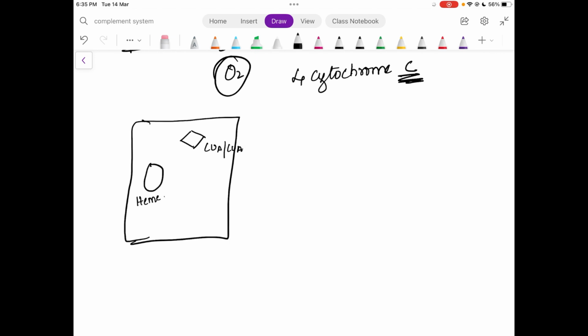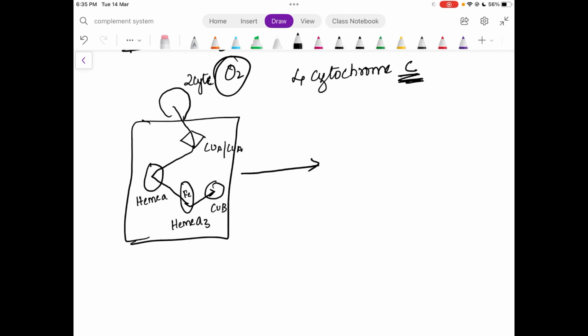One is heme A. One more is heme A3, and this one is copper B. Okay, copper B. Two cytochromes will donate 2 electrons, and these electrons will pass from copper A to heme A to heme A3. This will contain iron. Okay, from this they are transferred to copper B, and here what will happen, the oxygen molecule